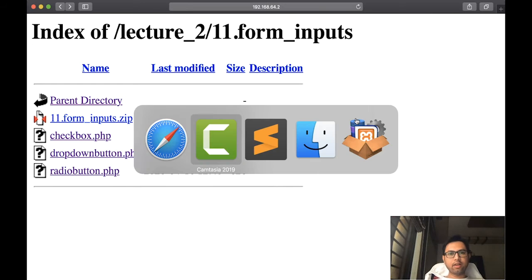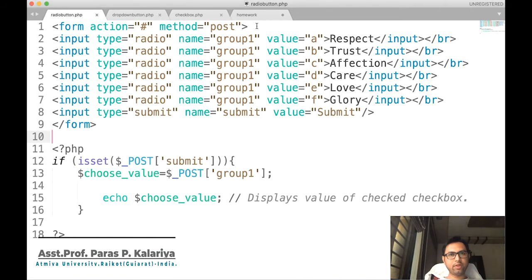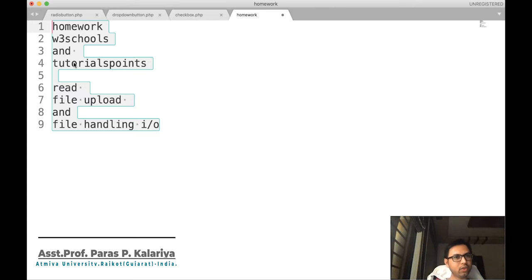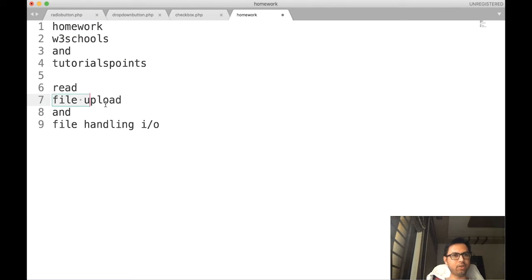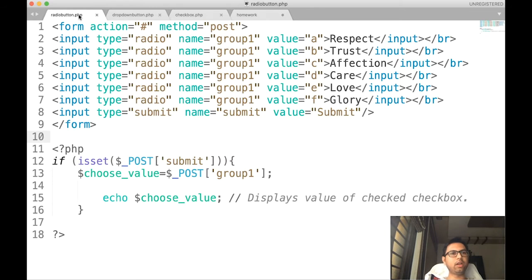As in the previous session, you are given homework to go through these websites and read these particular topics. So, now we are going to cover some miscellaneous topics of PHP. As a part of that, today we are going to learn about the different input buttons.